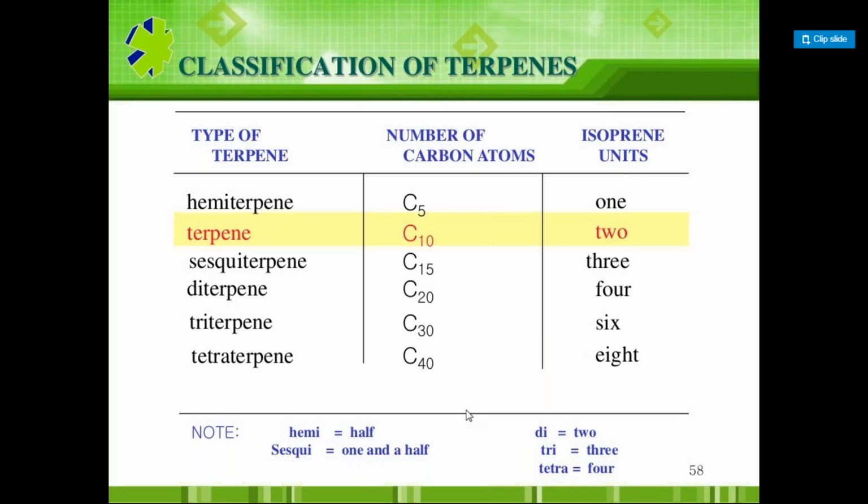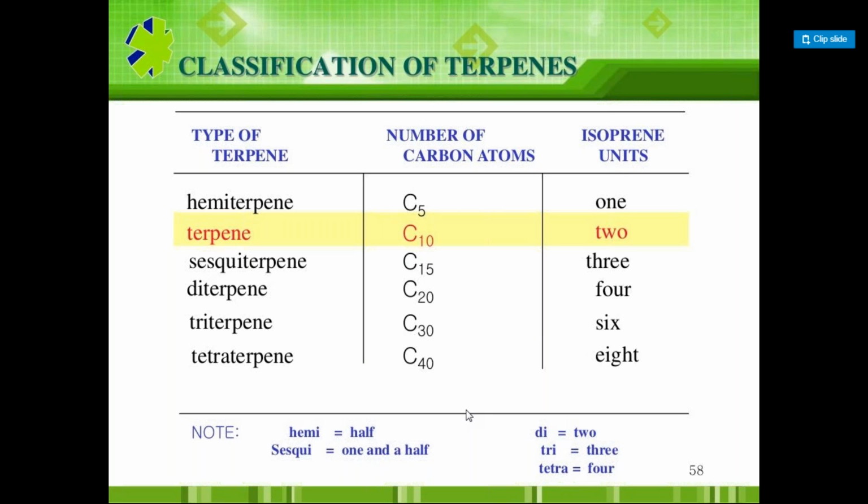Next, diterpene. What is the formula for diterpene? C20H32. That is the molecular formula. In terms of isoprene units, C5H8 taken 4 times. Okay, good. Shashank, C5H8 taken 4 times as diterpene. Correct. Next, if C5H8 is taken 6 times, it is called